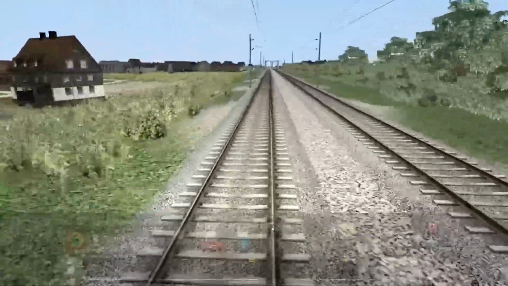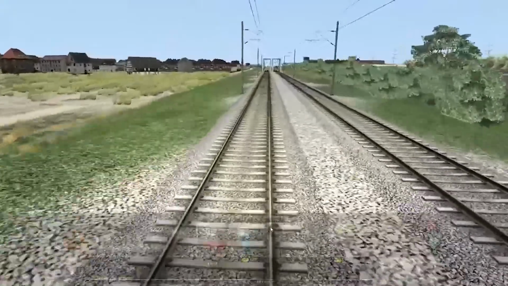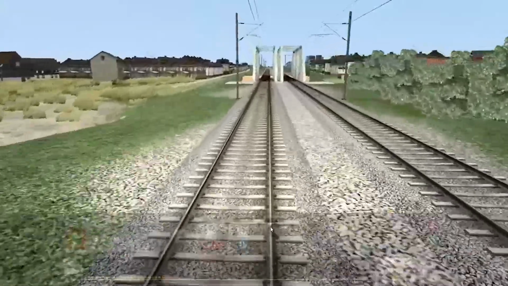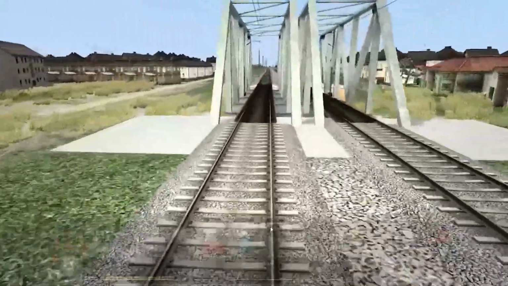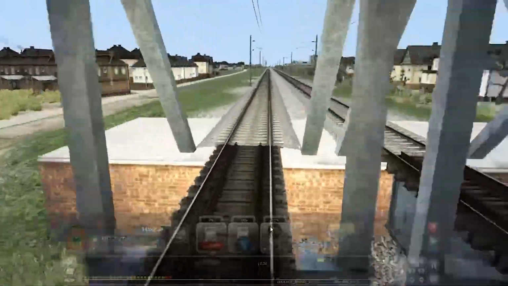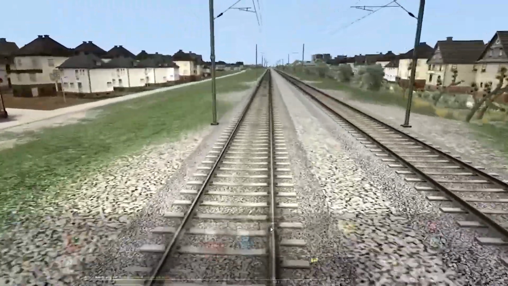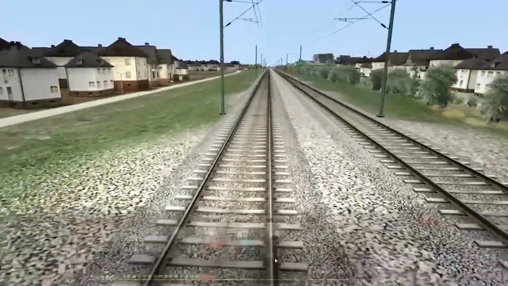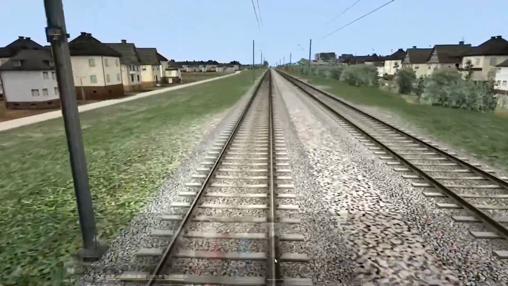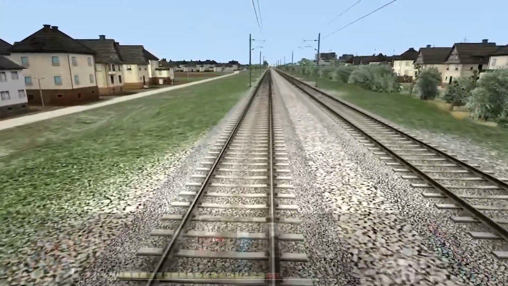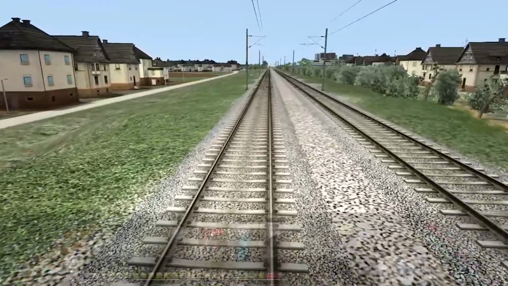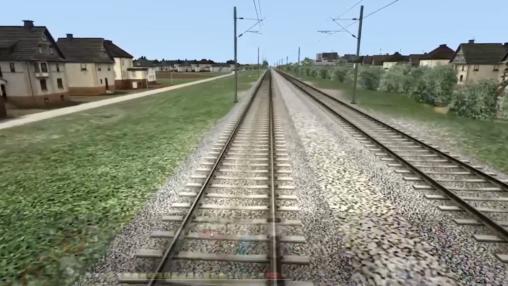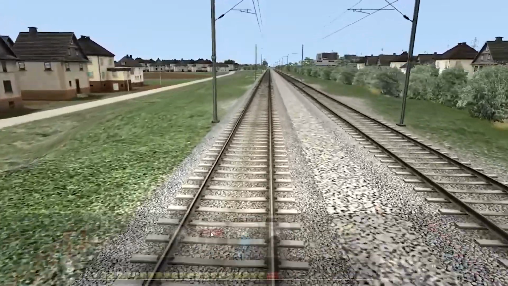Don't want to break my Indian train on the first day that I've used it. A 140 zone going into a 20. I bet you that's a crossover or something. Brakes are going good. Okay, we'll shut off now and we'll just coast in now that I've brought the train down. Oh, I brought it down too much. A 140 going into a 20. Not that we reached 140, but